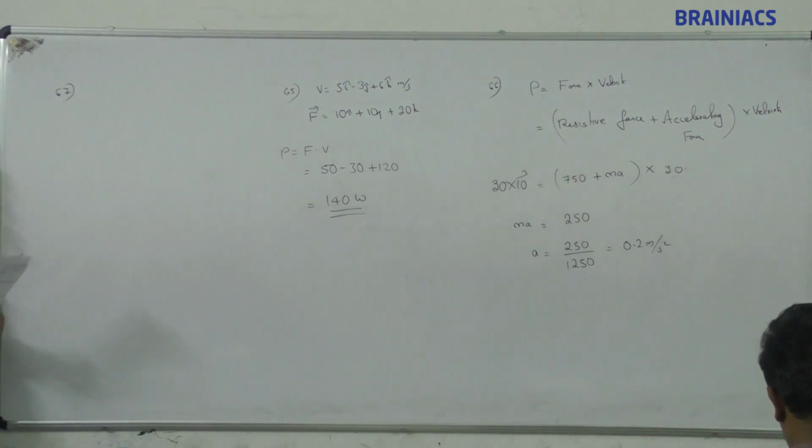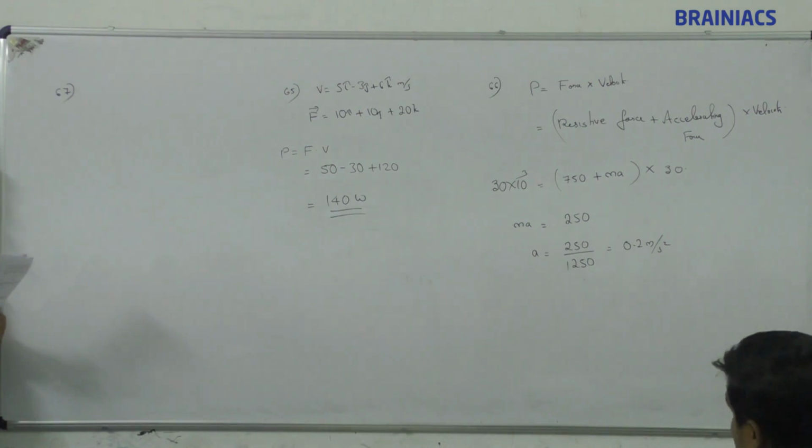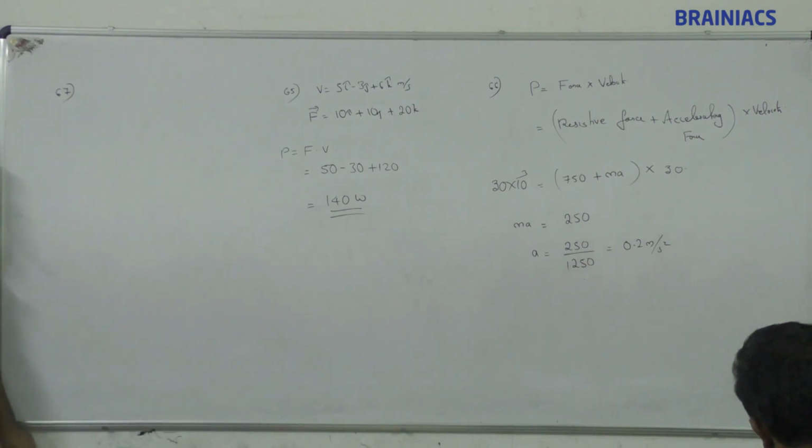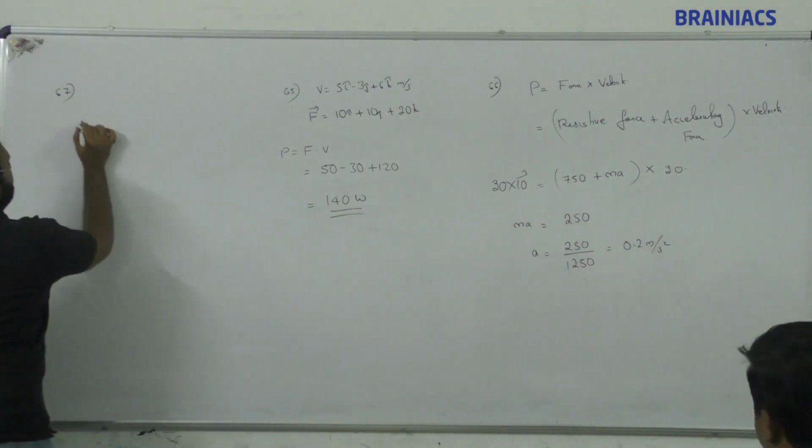Okay, see children, this is moving at a speed of 72 km per hour. The friction of the road is 9% of its weight, and that of the air is 1% of its weight. What is the power of the engine? So again, power is equal to